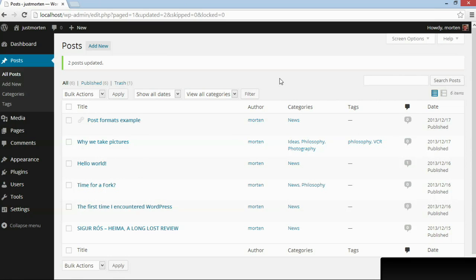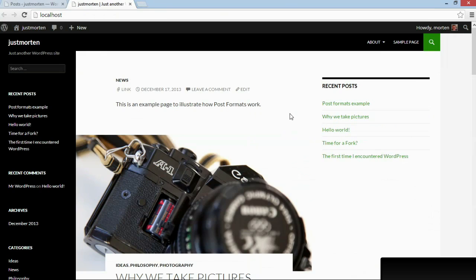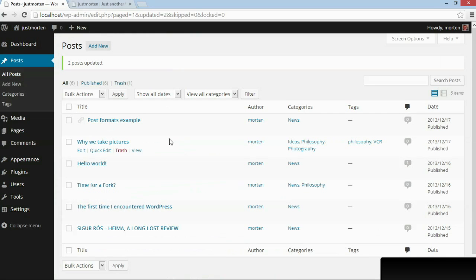Now here I'm going to show you something really neat from the 2014 theme. So let's jump to the front page of the theme, just so you see what it looks like right now. You see the first post at the top and the sidebar. Now I'm going to go back to my bulk editor and select some of my posts. I'm going to select this one,